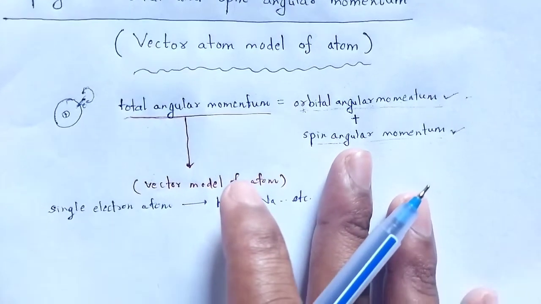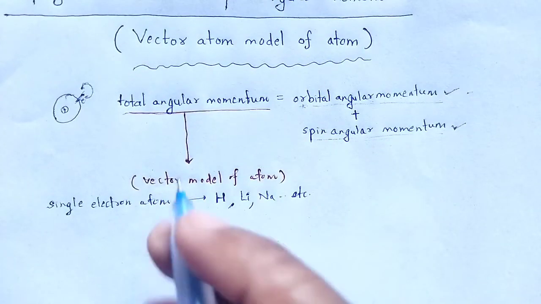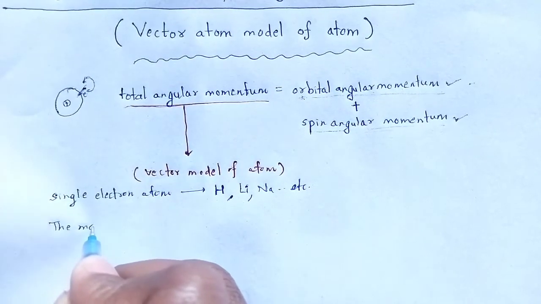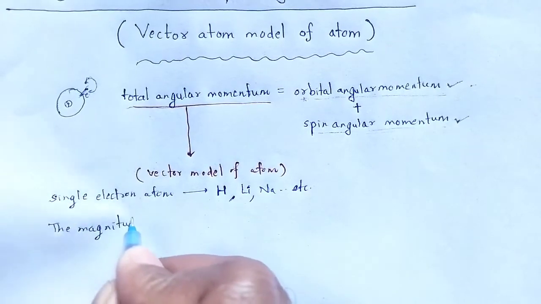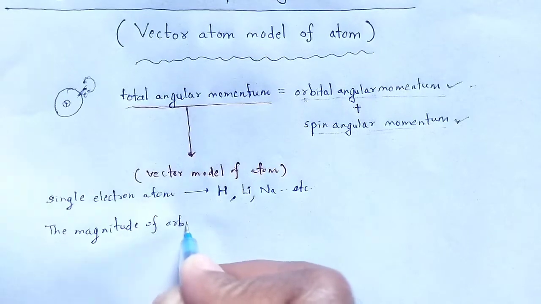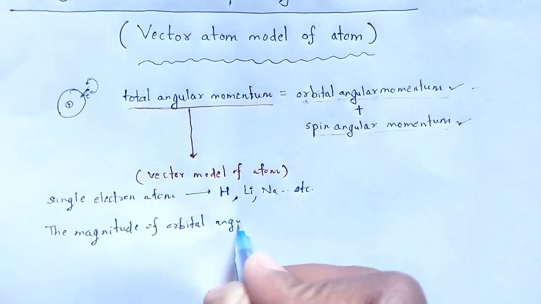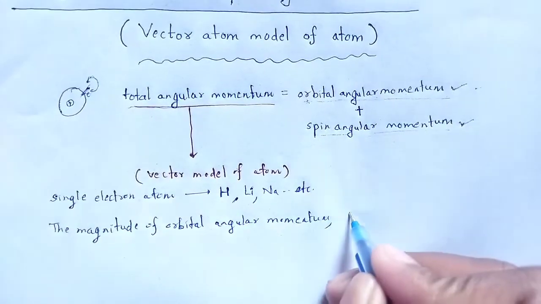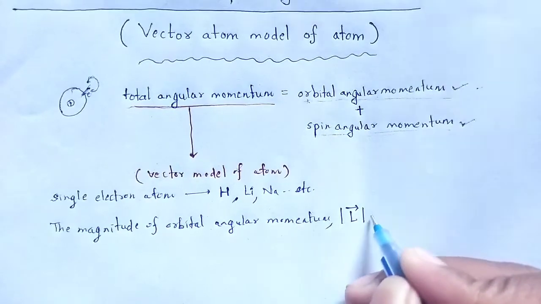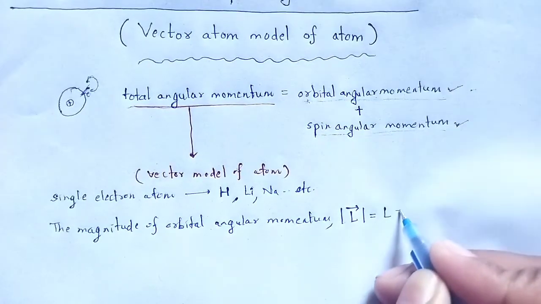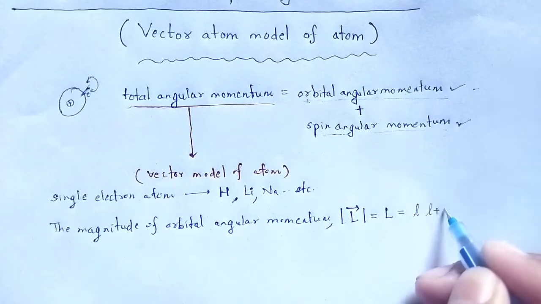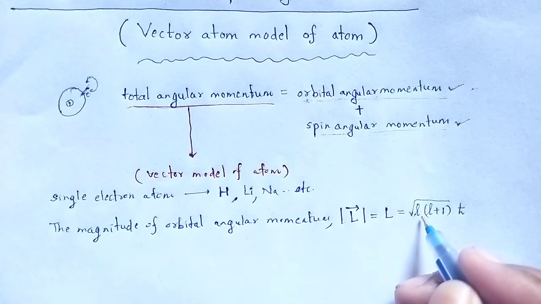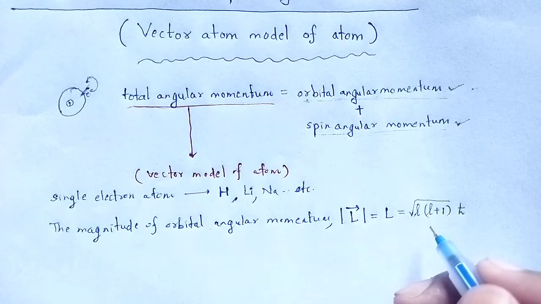First of all, the magnitude of orbital angular momentum, that is magnitude of L vector, is under root l into l plus 1 times h cross, where l is the orbital quantum number,